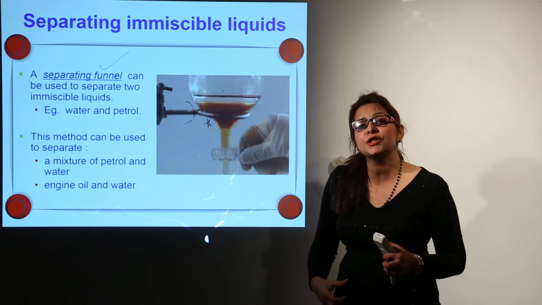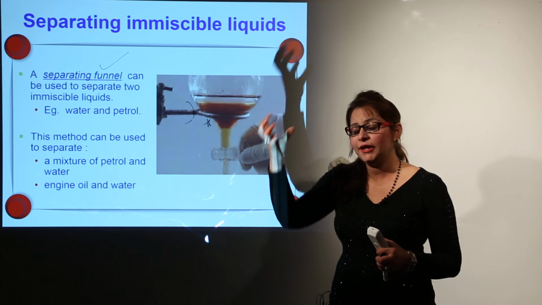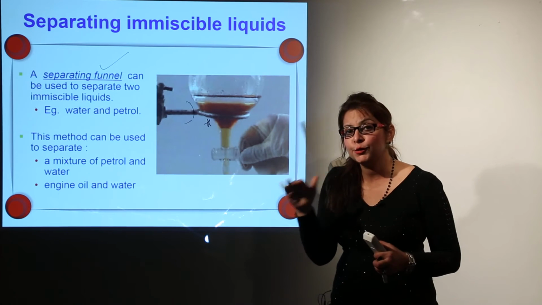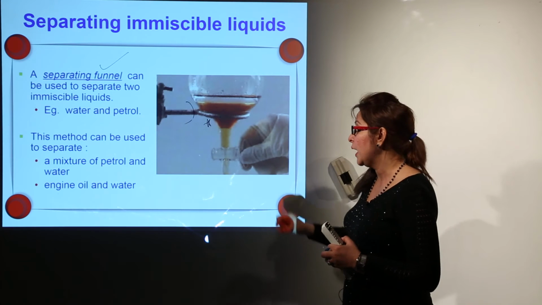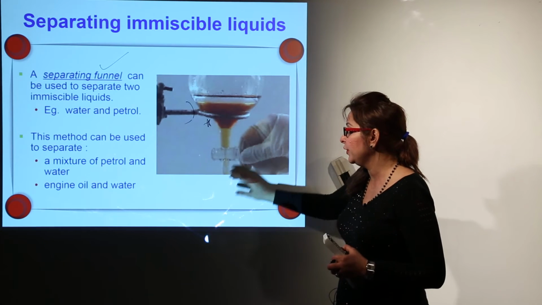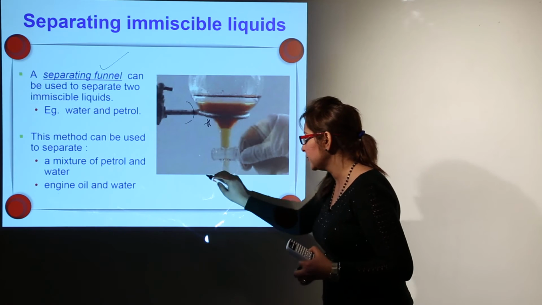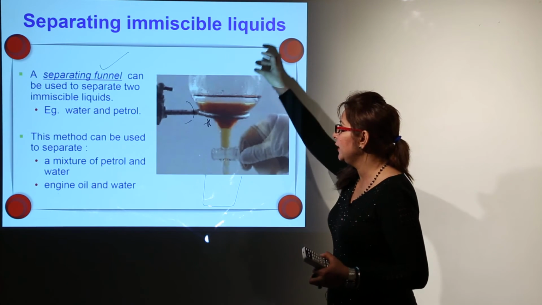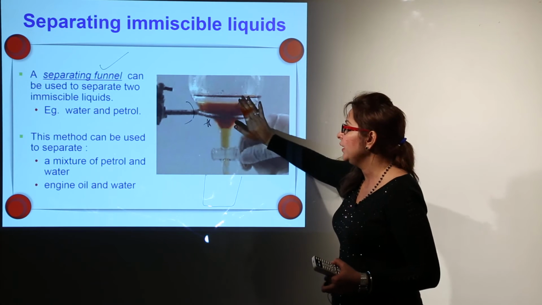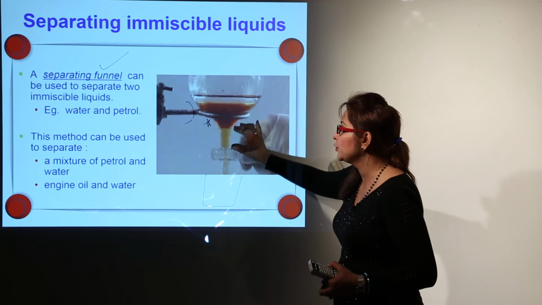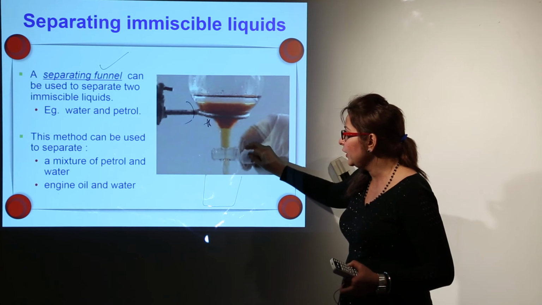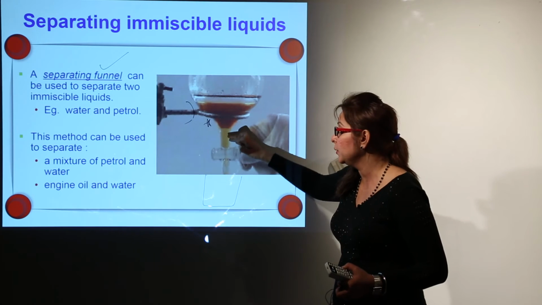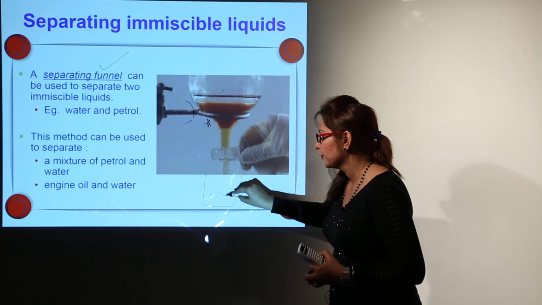Similarly, if you take oil and water, add them into the separating funnel and keep it undisturbed, they will form two different layers. There is a knob, and we place a beaker below it. Again, in a separating funnel we add the mixture and leave it undisturbed, and it forms two distinct layers. Then we open this knob, and the liquid present at the bottom flows into this beaker.